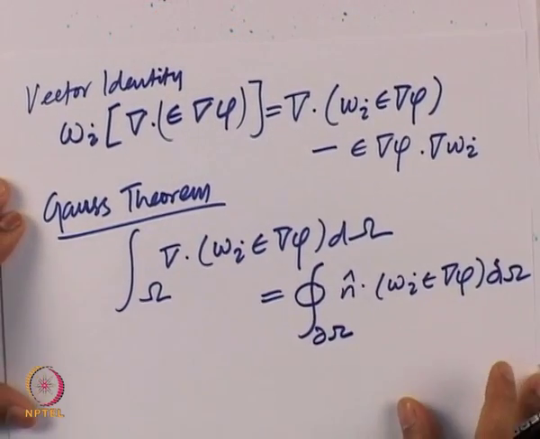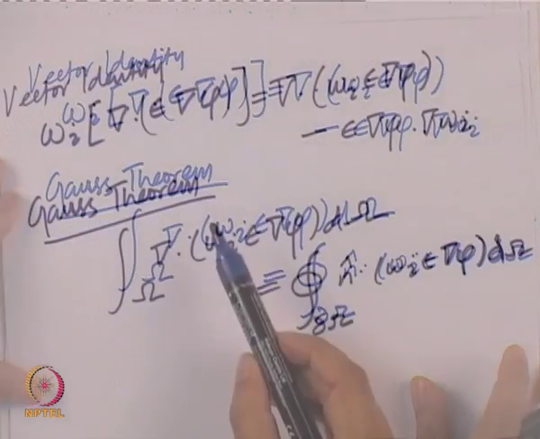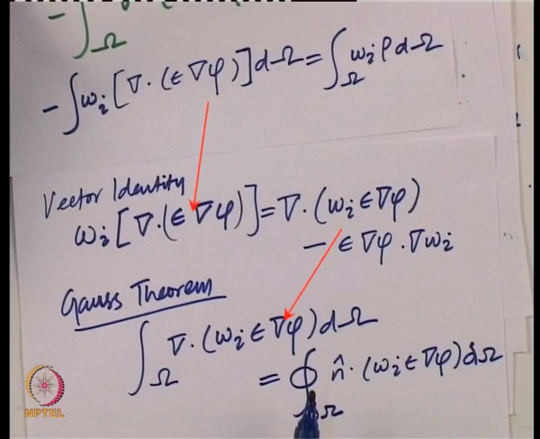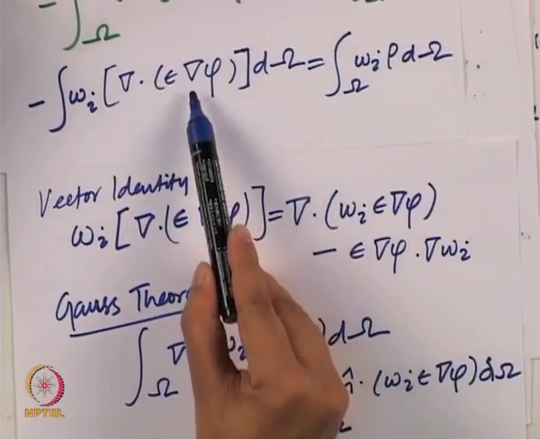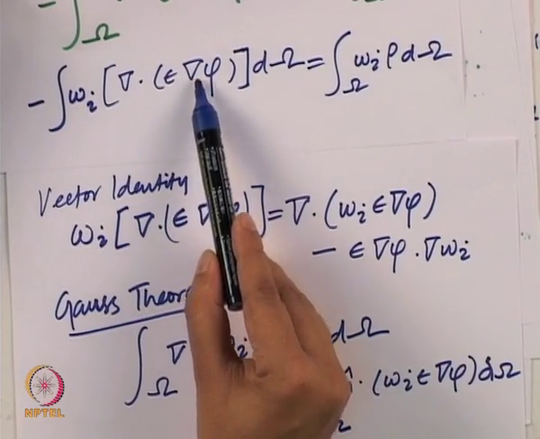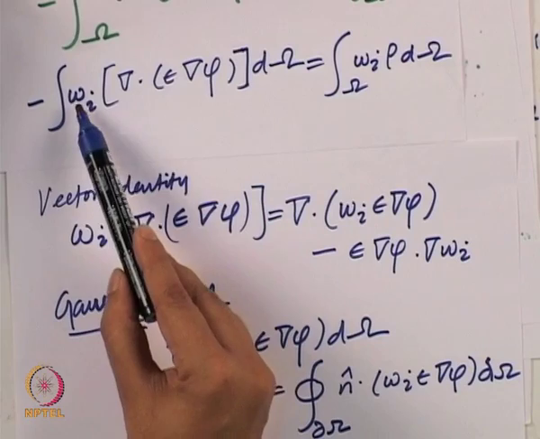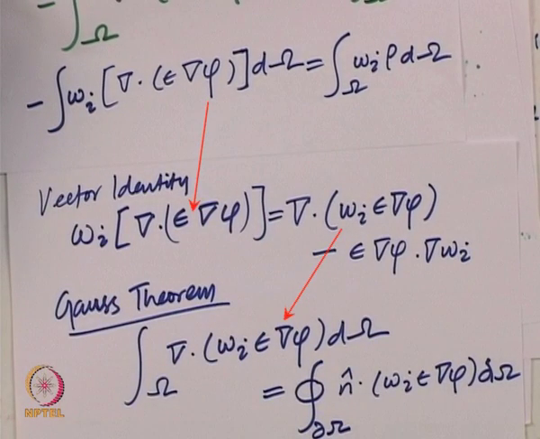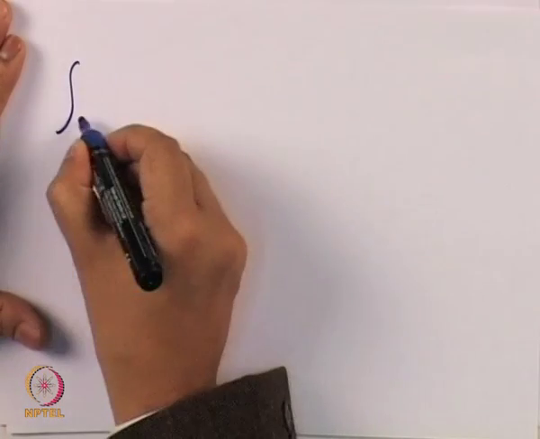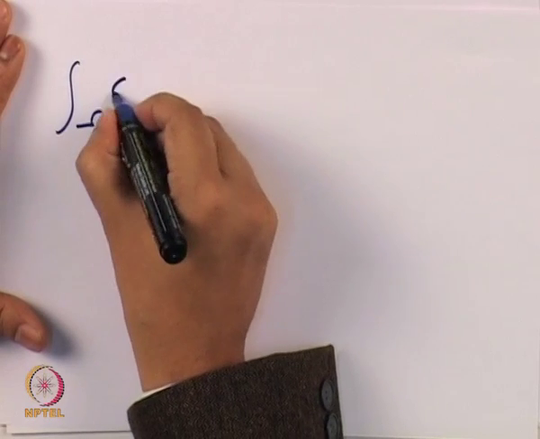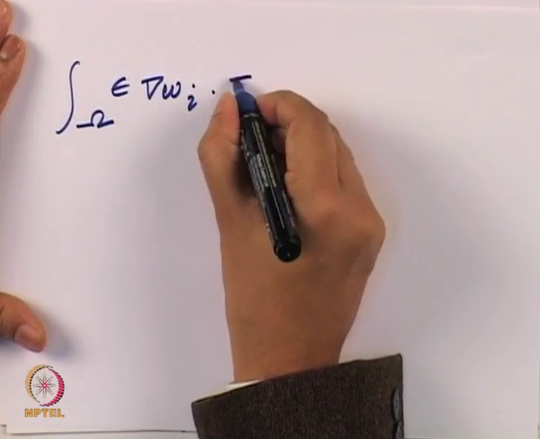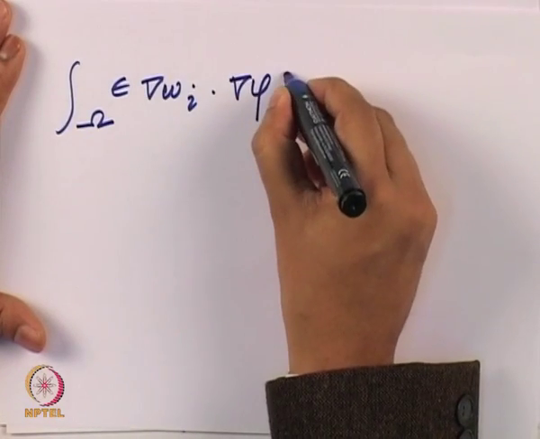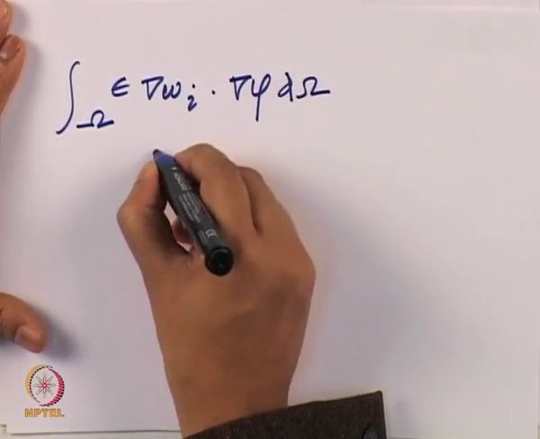So what we are going to do now is we are going to use these two formulas on our governing equations to simplify this, because we wanted to take out the del on the phi outside and then put it on the weighting function itself. So this is the manipulation we are going to do. Let us see how the equation itself is getting transformed. So we have epsilon del omega I dot del of phi is equal to